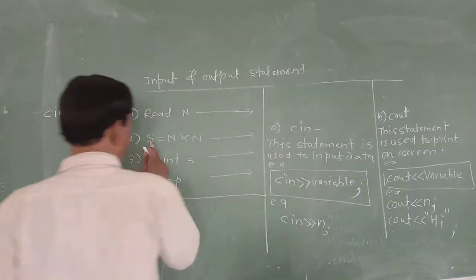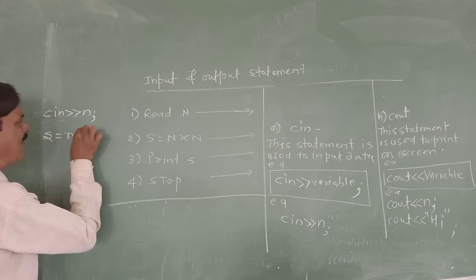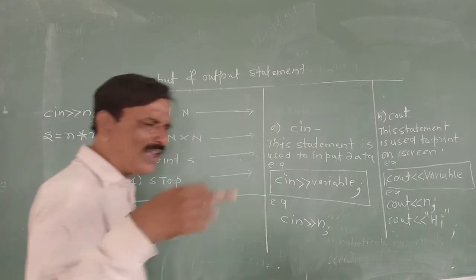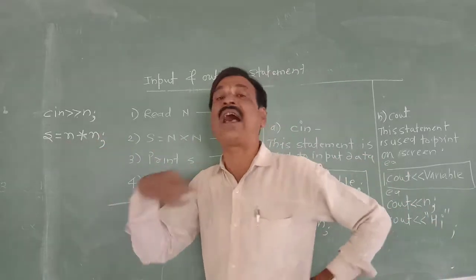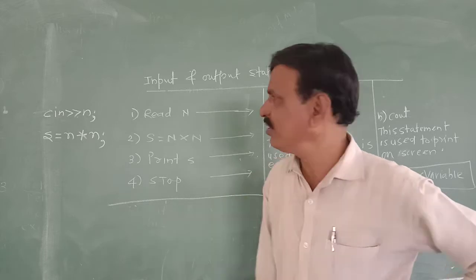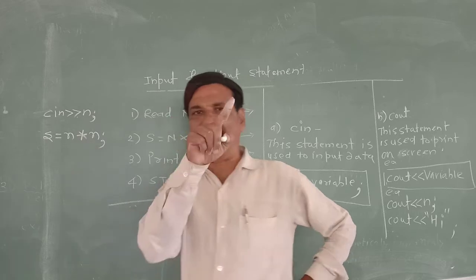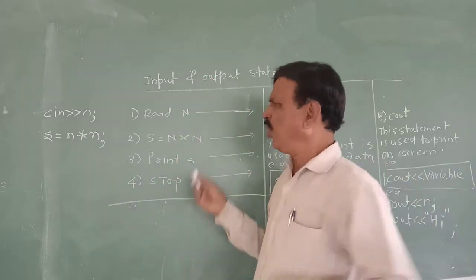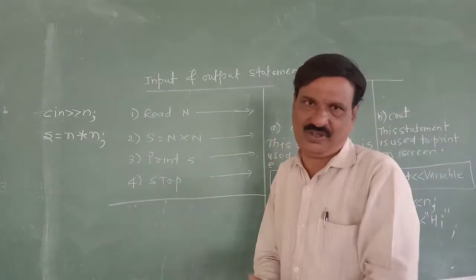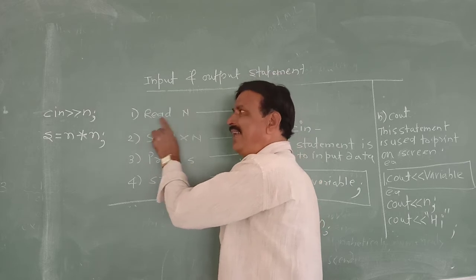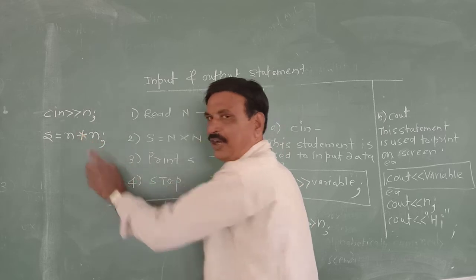Now here, S is equal to n into n. So here S = n * n. Now you can ask the question: why is n into n written as n asterisk n, n star n? We have just discussed that this is the operator and these are the operands. So the C++ operator for multiplication is asterisk. Whatever the steps, we are simply converting them into C++ instructions. So for the read activity, there is the cin instruction in C++. For the multiplication activity, the multiplication operator is written like this.